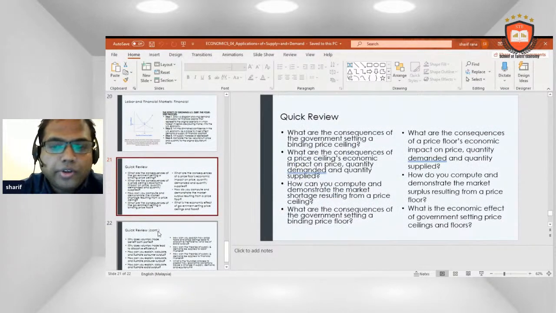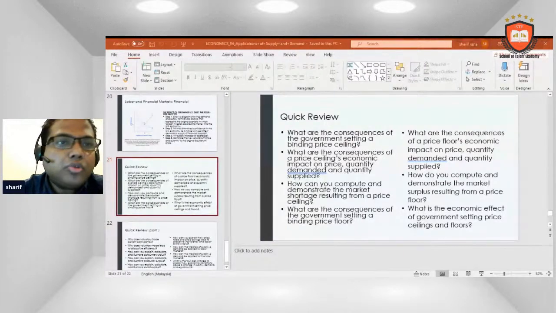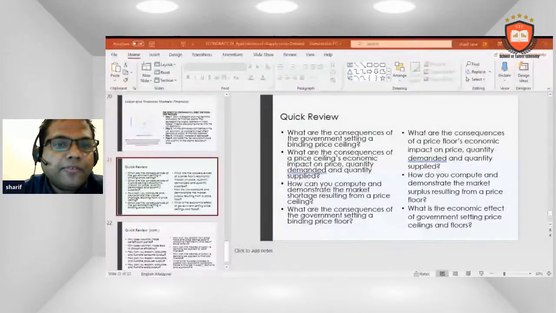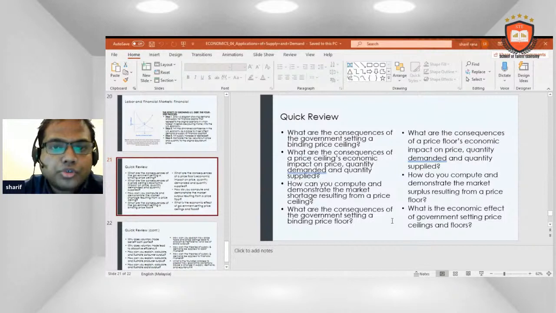So if we do a quick review, before that we have to understand that demand and supply have some major effects and major equilibrium points. If we can understand these major equilibrium points, and take the necessary initiative, then we can go in an effective way, which will be helpful for our economy, for our growing economic impact, and for our economic sustainability.